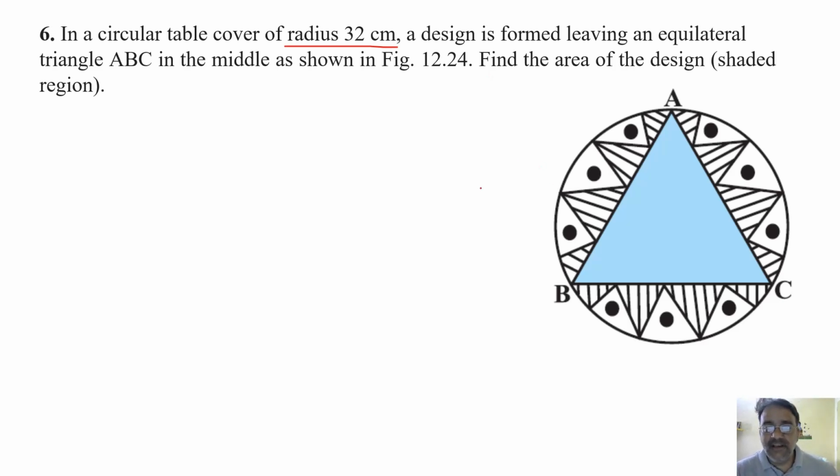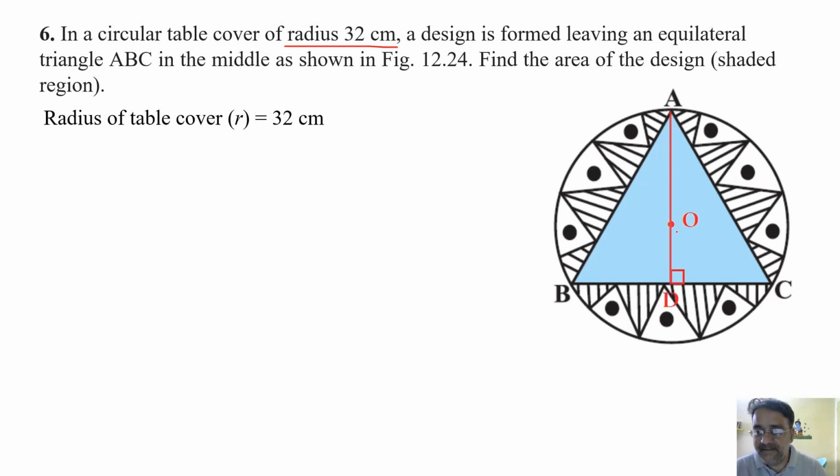So one property is there for equilateral triangle. If we draw a median, median जो है वो altitude भी है. Okay, median of an equilateral triangle is the altitude also. So we'll draw. First radius is given 32 centimeter. So OA, अगर हम लोग center लेते हैं, if you are taking center, OA will be 32. Okay, and AD is perpendicular to BC, and AD is the median also, and O is the circumcenter also, O is the incenter also, O is the orthocenter also, O is the centroid also.